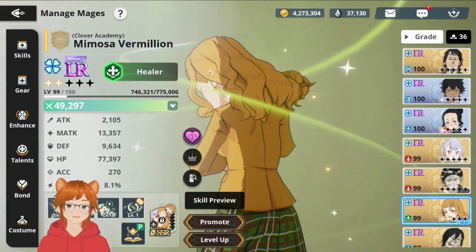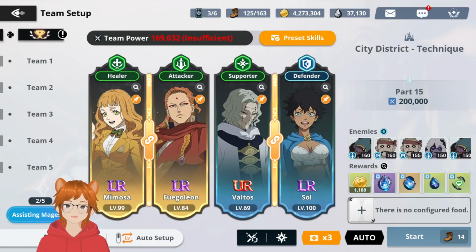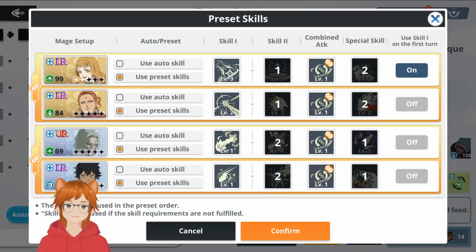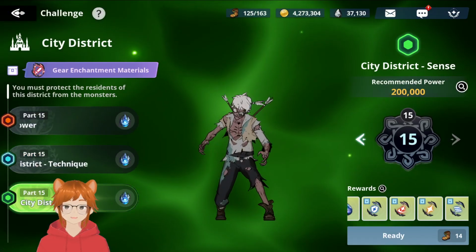So if you do have her, try and build her very tanky, and then it should be nice. But yeah, other than that, it's basically the same team with a similar skill setup. But as you can see, I swapped Fuegolian and Valtos around. So here's the new preset skills for that. And then for City